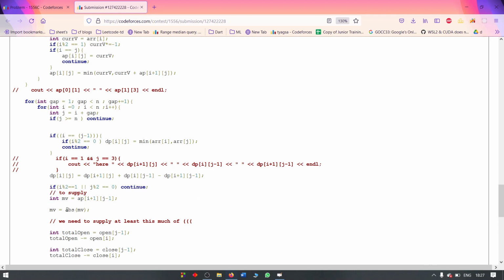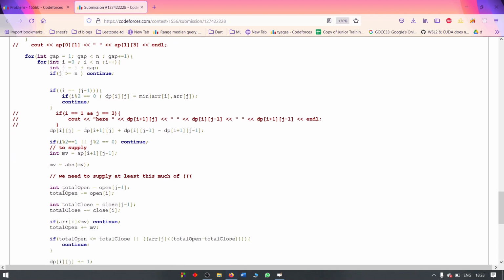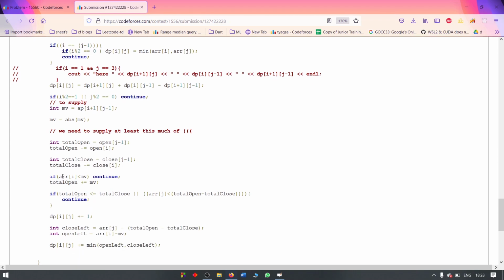Otherwise, what I do is I take the AP of i plus 1, j minus 1, and I take the absolute of it. The total open are basically the total opening brackets in the range i plus 1 to j minus 1 right now, currently. So I calculate them. Then, see, MV basically means how many opening brackets I need to supply.